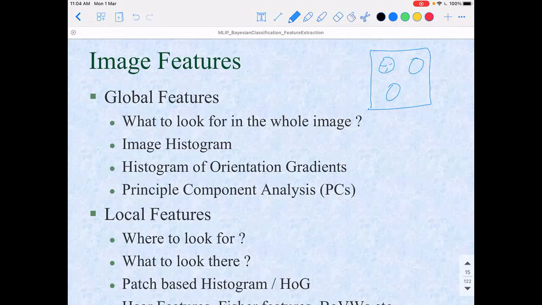See, in the whole image, a face may not be there everywhere. So I need to find out where the face is. Especially if I have a targeted application like face recognition or object detection, I will first try to localize the object. There are some applications where there are no targeted objects, but nevertheless, features are important. Say, assume that I have one image like this. I have another image like this.